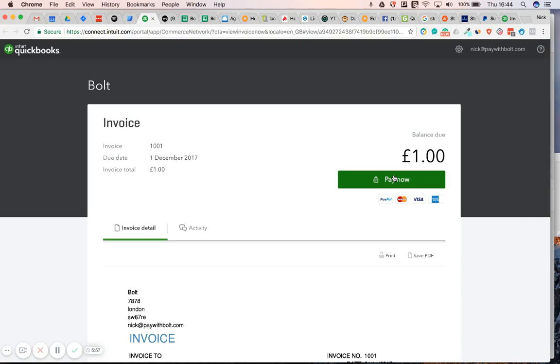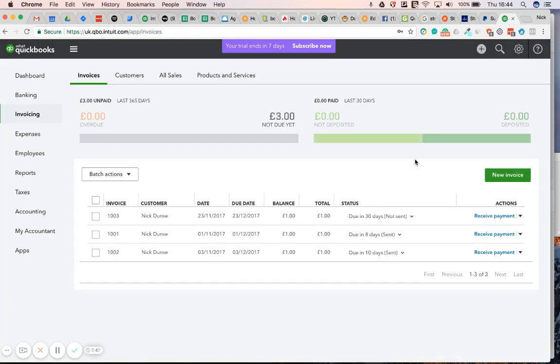But what if you don't want to use PayPal or even Go Cardless? What do you do? What if you want to use Stripe because you prefer Stripe, or you've already got a Stripe account, or the fees are lower for you? So how do you make this integration possible? Well, let me jump back to my QuickBooks invoice here, and the thing that you need to do is that you need to find a third-party app like Pay with Bolt. Okay, so if you jump off to Pay with Bolt,